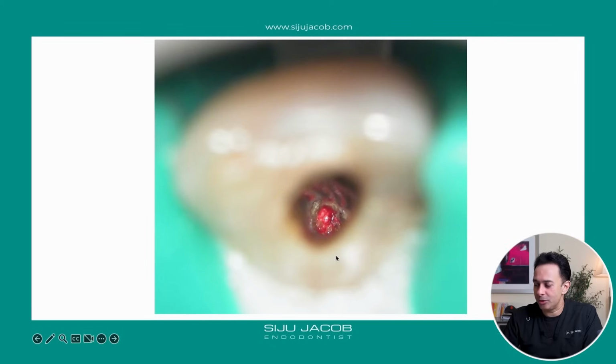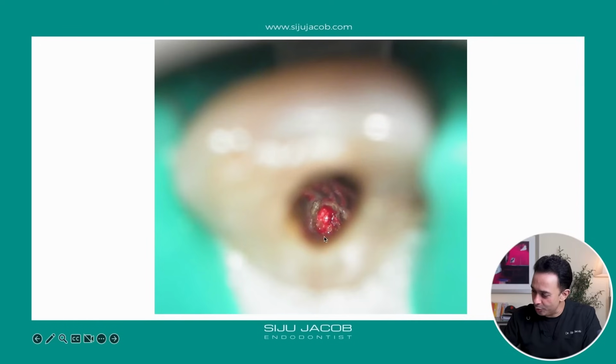I recalled the patient after 2 weeks, and when I removed the calcium hydroxide, I can have a look at the apex. You can see there's tissue there, but it's not overflowing or inflamed. It's reasonably dry, so I know that my MTA will not get washed away. So this is, again, one of the advantages of using a microscope, because you have light which penetrates all the way to the apex, so you can visualize this.